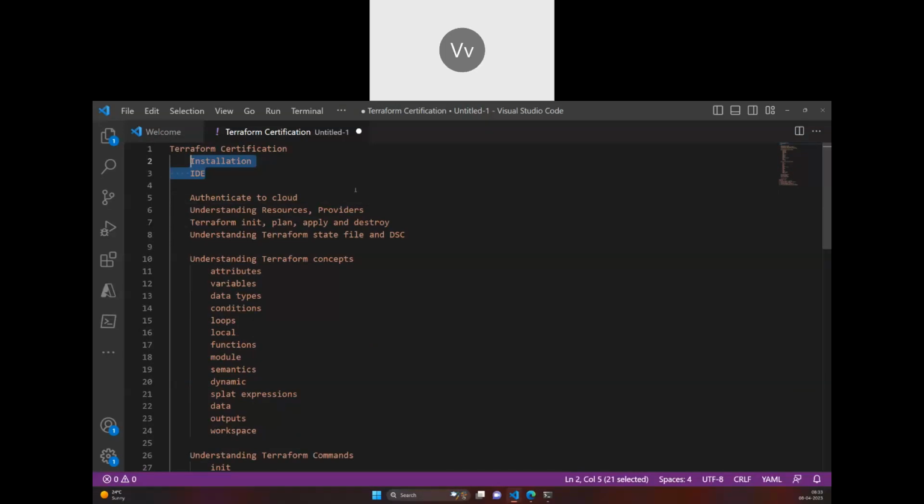This session is primarily focused on why should I learn Terraform, what are the key things you might have in your mind. We can address all those, and then if I have time, I will talk about how to install Terraform and the IDE, or otherwise I go with that tomorrow.